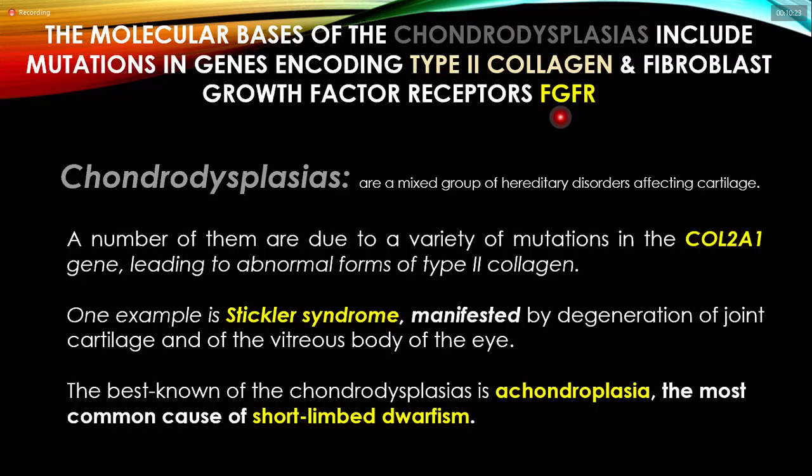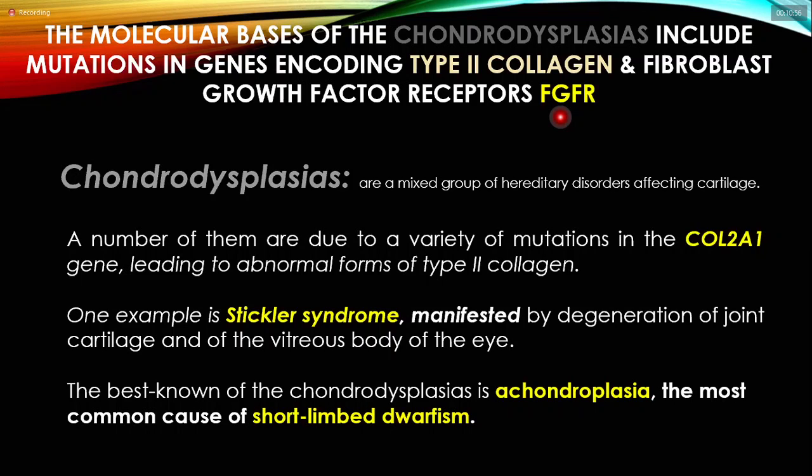In other words, first I had a problem in the structure, now there is a problem in the receptor present on these cells, so there is a problem in the signaling pathway responsible for the development or formation of the fibroblast. Okay. As well, besides collagen type 2 we have also some minor other proteins that can be mutated in order to have chondrodysplasia, but mainly the main reason is the abnormal structure of collagen type 2